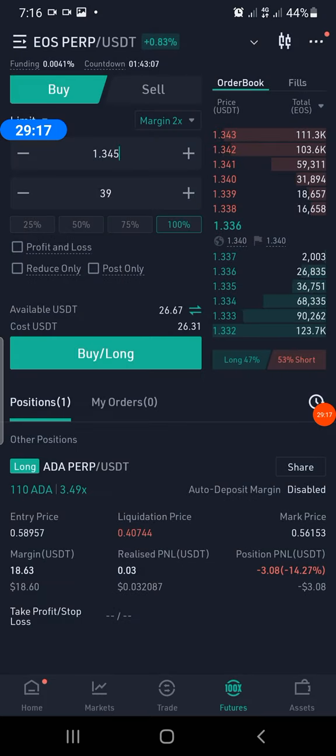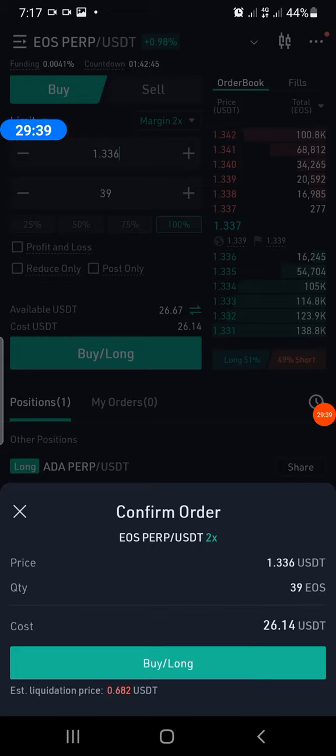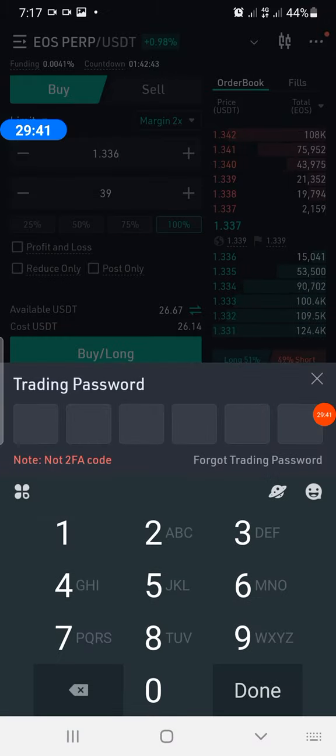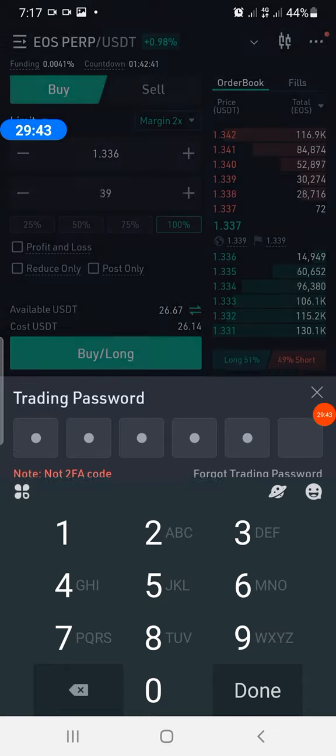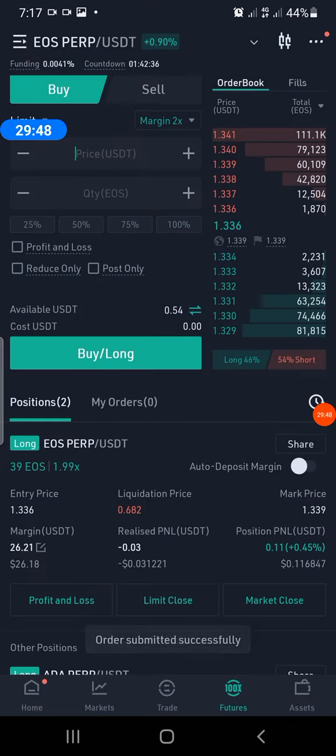I'm selecting 100%. They will allow me to buy 39 for this amount, $26.31. Then I will use the current market. Okay, I will use the current market. Buy. This is my liquidation price. I will input my trading password. Now